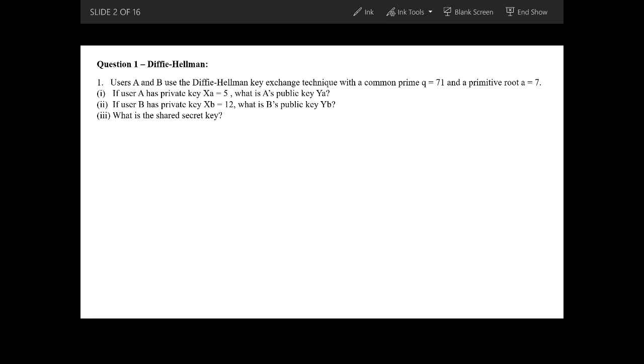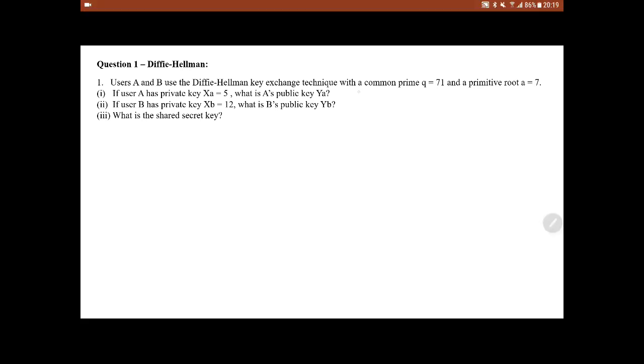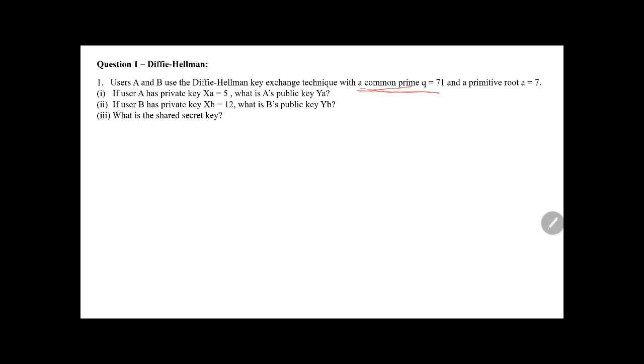Okay, the question says, users A and B use the Diffie-Hellman key exchange technique with a common prime, Q equals 71. So there is something called common prime here. And a primitive root A equal 7. So there's another input called primitive root. Okay, if a user A has a private key XA equal 5, what is